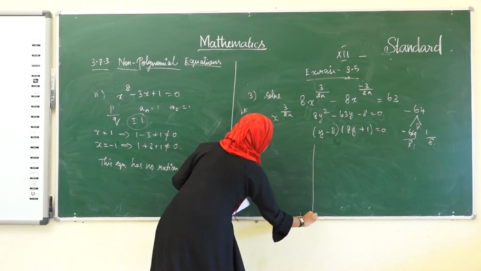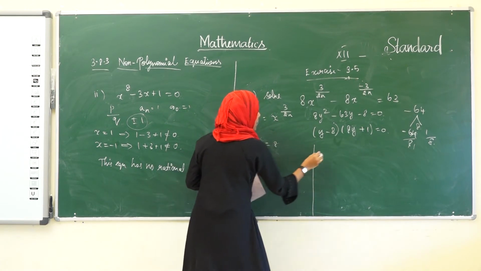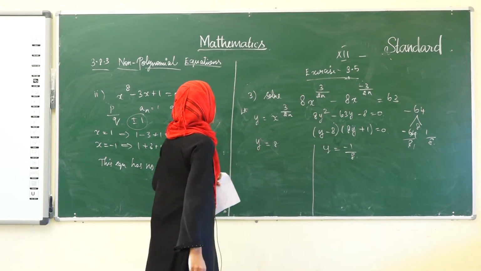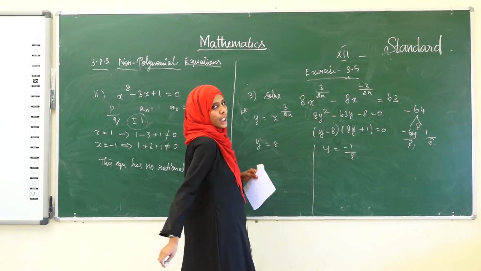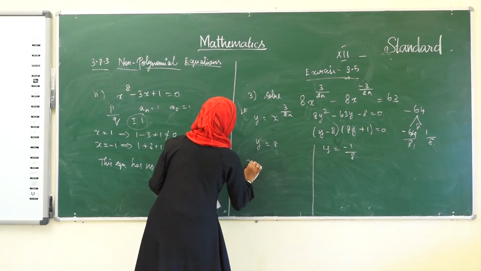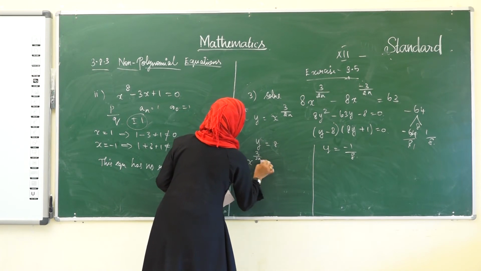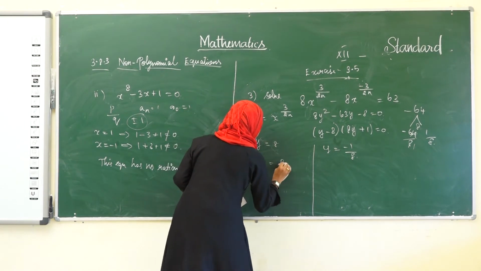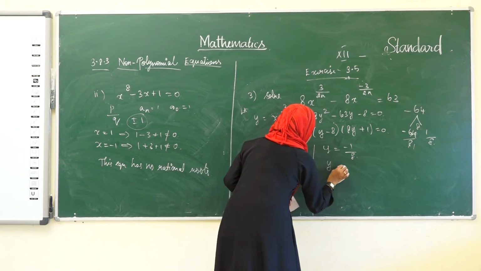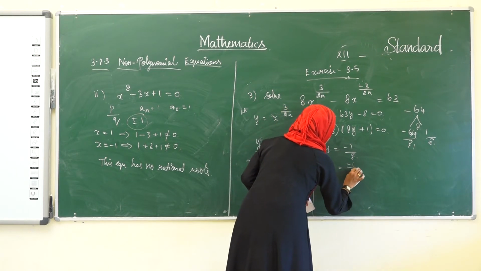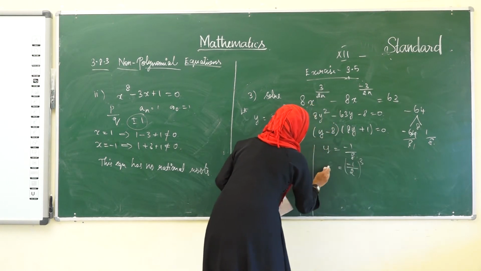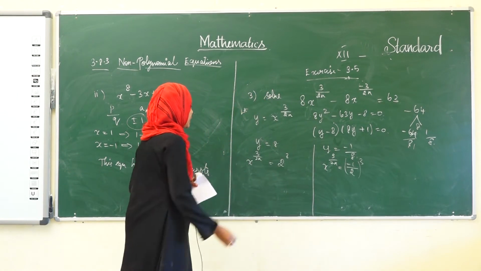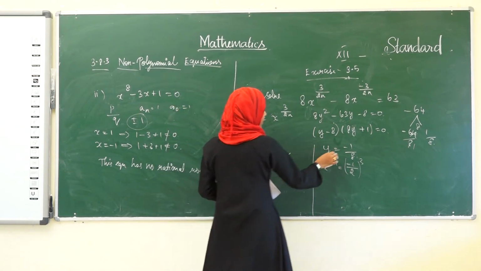Therefore, we get two values: y is equal to 8 and y is equal to minus 1 divided by 8. See here, we have substituted y is equal to x power 3 divided by 2n. Therefore, x power 3 divided by 2n is equal to 8, which can be written as 2 cube. Here also, y is equal to minus 1 divided by 2, the whole cube. Y's value is x power 3 divided by 2n. See here, we can cancel the powers 3 and 3.